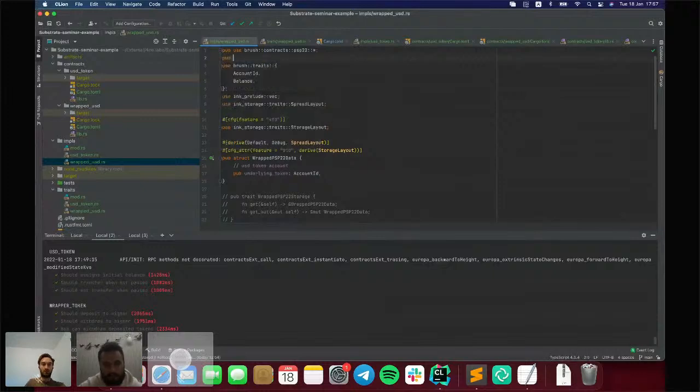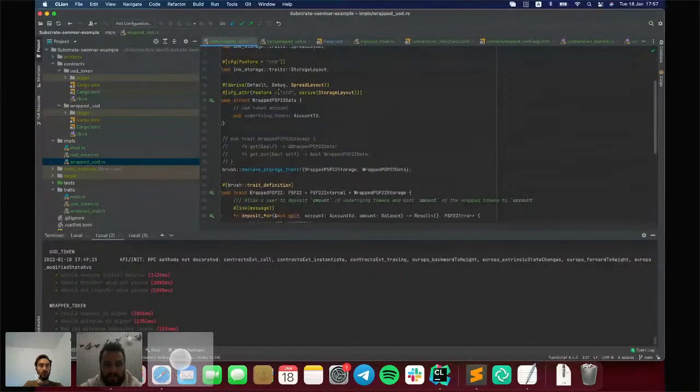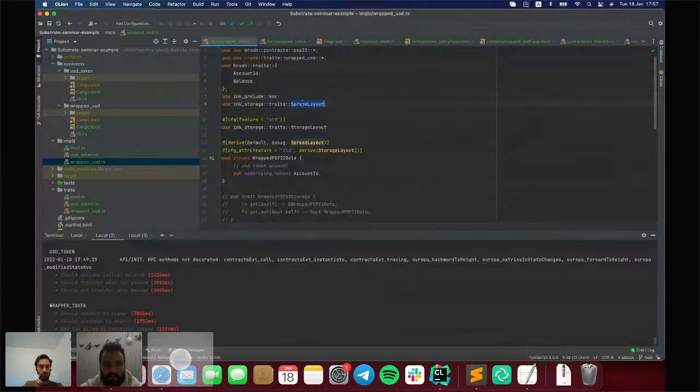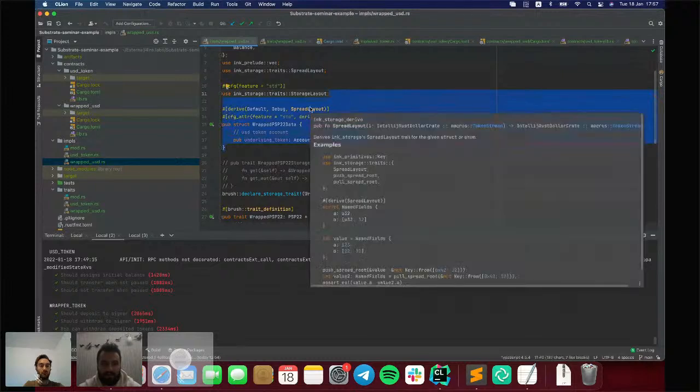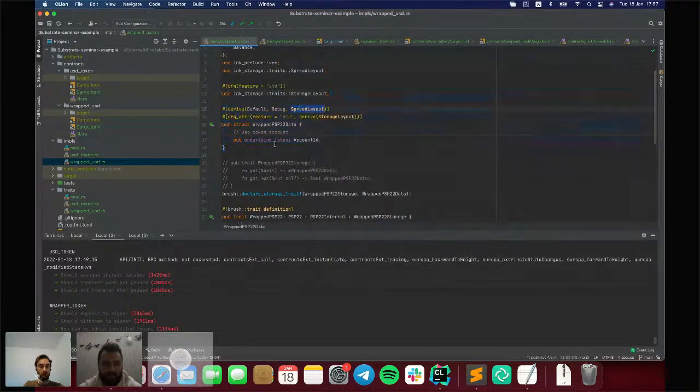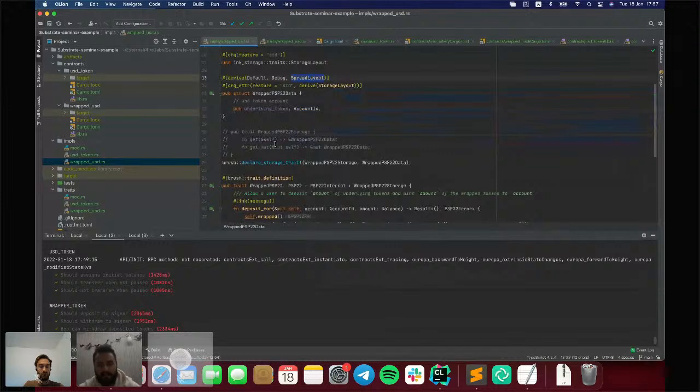Also, let's import the traits for our wrapped USD. The data structure has the same definition, so we don't need to change it. The storage trait also has the same definition. We still plan to use that trait.